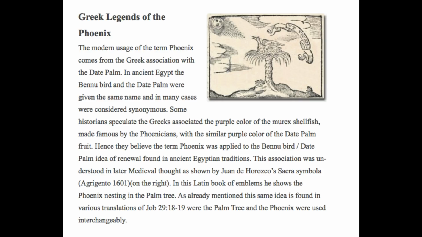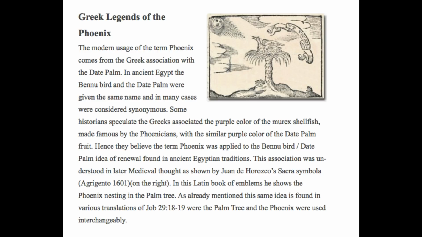Some historians speculate the Greeks associated the purple color of the murex shellfish, made famous by the Phoenicians, with the similar purple color of the date palm fruit. Hence, they believed the term phoenix was applied to the Bennu bird, date palm idea of renewal, found in ancient Egyptian traditions. This association was understood in later medieval thought, as shown by Juan de Orozco's Sacra Symbola Agrigento 1601